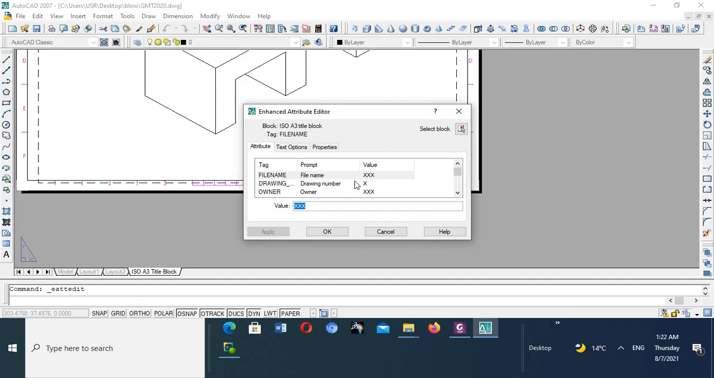title block. Check now. File name, I put GMT. That's the file name. Now it's changed. See, it's already changed. Drawing number, sorry, drawing number, put true. Check now, it's already changed. Or now the drawing, we put anything, we put uset,